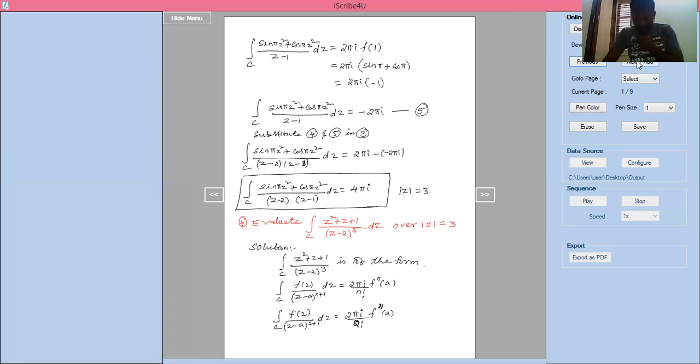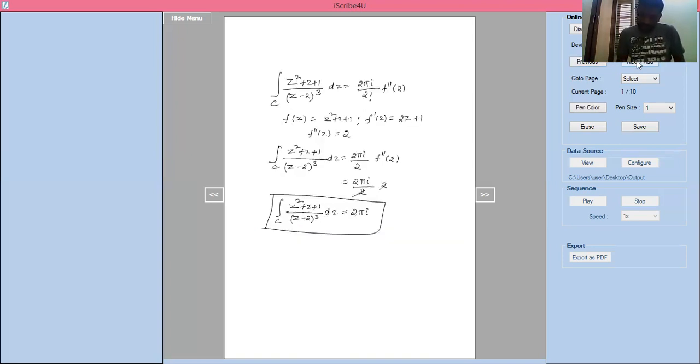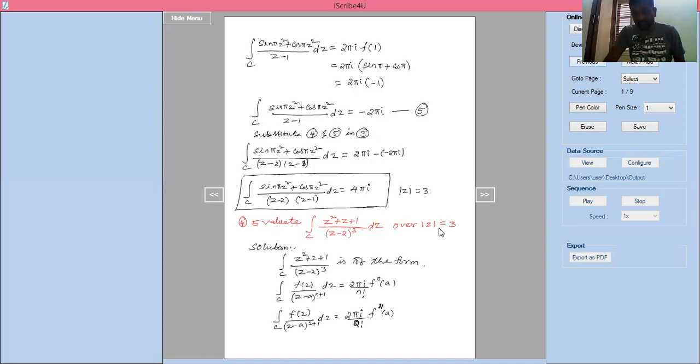See, I didn't tell this here. We can take a circle of modulus of z equal to 3; I have to check that one also. I didn't check it directly. Modulus of z equal to 3, a circle like this you will get. This is 3 and this is minus 3. Here this is 1, this is 2. Points 1, 2 lie inside the circle. This is the y-axis and this is the x-axis.